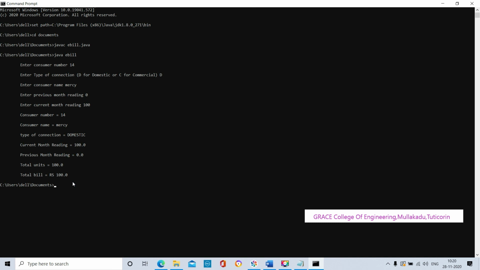For that, on the keyboard we have the up arrow and down arrow. By using the up arrow we can easily get the syntax for running. If we press the up arrow again, it will move to the compile step, the compilation syntax. By moving the up arrow and down arrow we can change the command in the command prompt. So now I am selecting the running syntax. For the running process, the syntax is java space ebuild. So again we are running our application program.